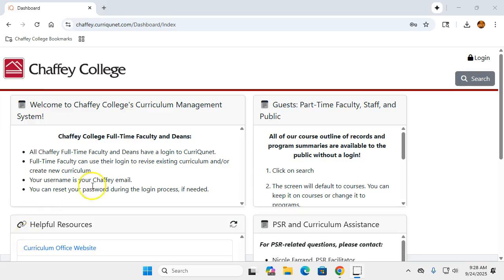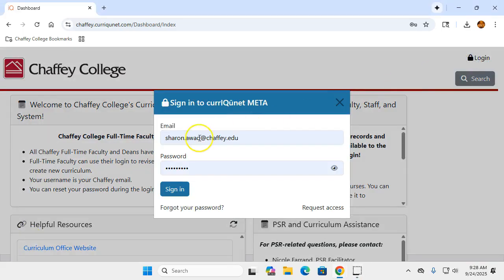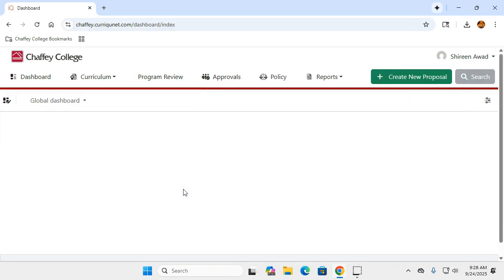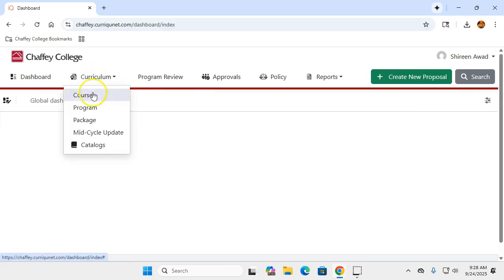To make a copy of a course, click Login, enter your Chafee email and the password you have for the system, click Sign In. You are now on the global dashboard. Go ahead and click Curriculum, select Course,